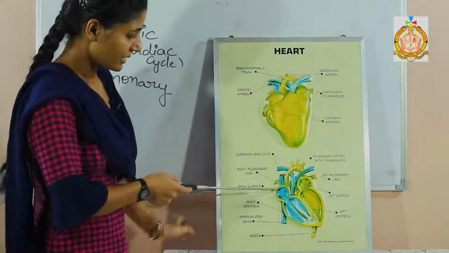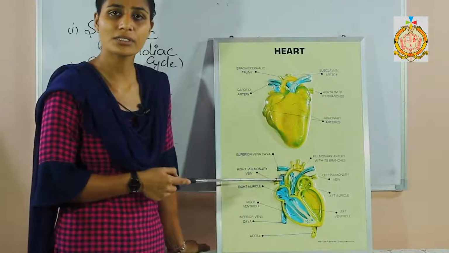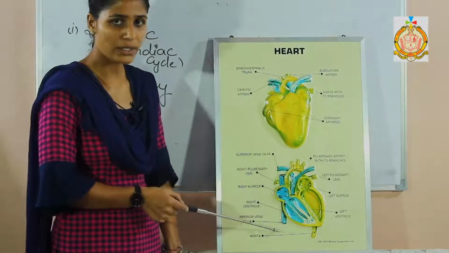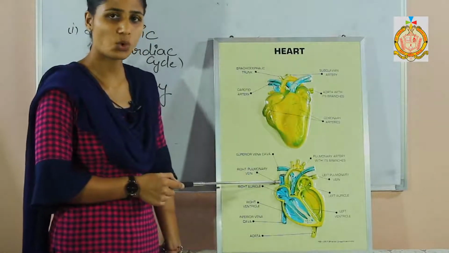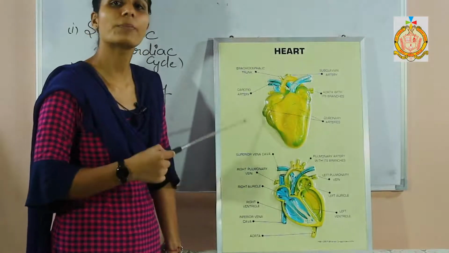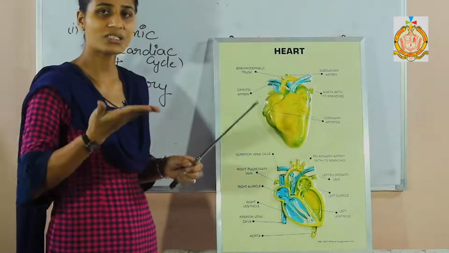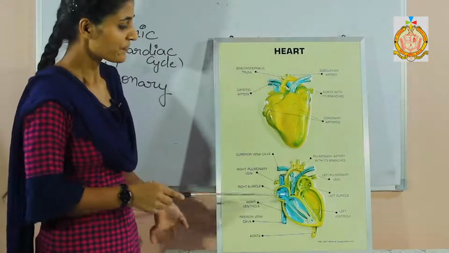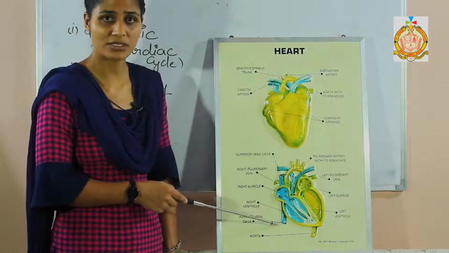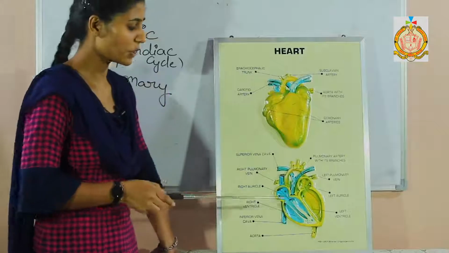So let us begin. Firstly, the vessel that is present here, known as the vena cava, is responsible to collect the deoxygenated blood from the whole parts of the body. It has two openings, upper and lower. Why does it have two openings? Because the upper opening of the vena cava is responsible to take deoxygenated blood from the upper parts of the body, from the chest, head, and arms, that means the part above the chest. The lower or inferior vena cava is responsible to carry deoxygenated blood from the lower parts of our body, from the abdomen, legs, and lower parts of the body.